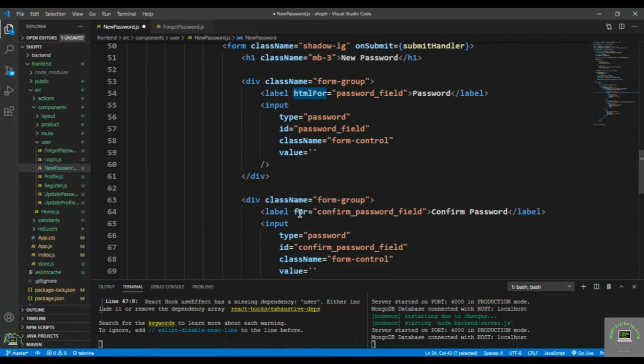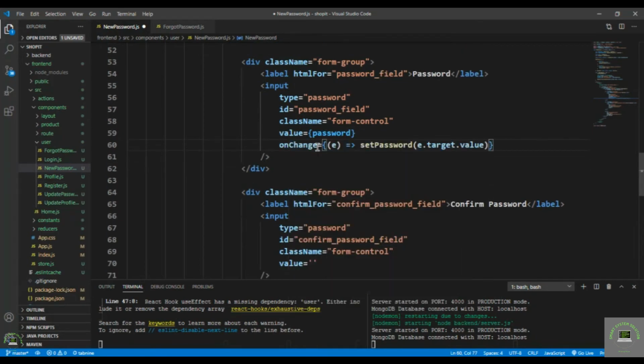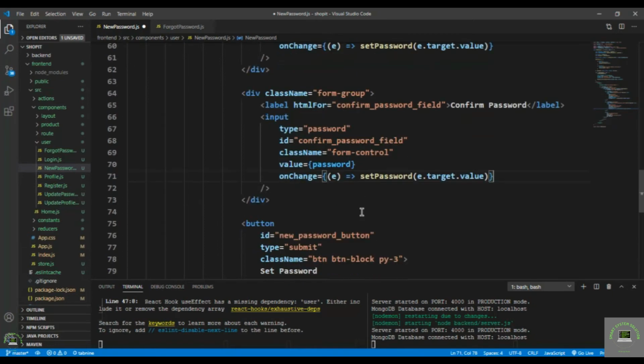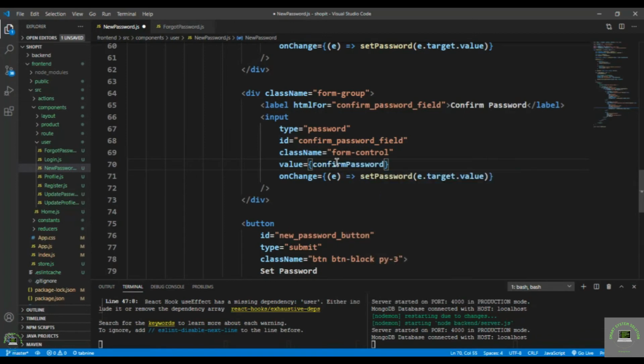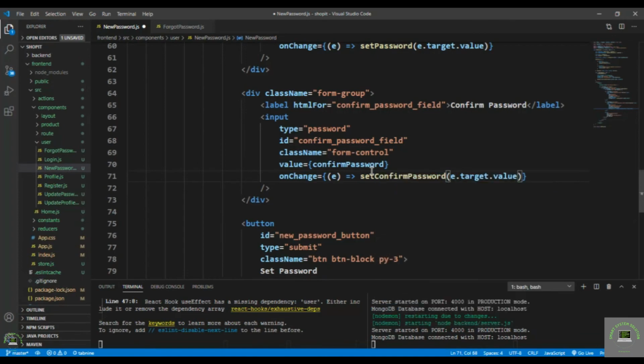Copy it, put that here, and for the value I put the password, then on change e.setPassword, e.target.value. So copy this one, put that here, and that is the confirm password, and set confirm password. Alright,